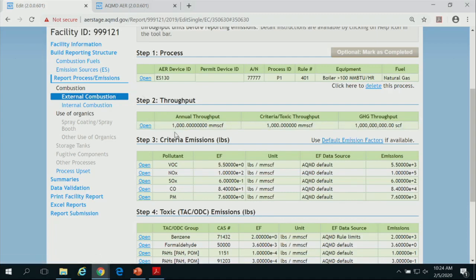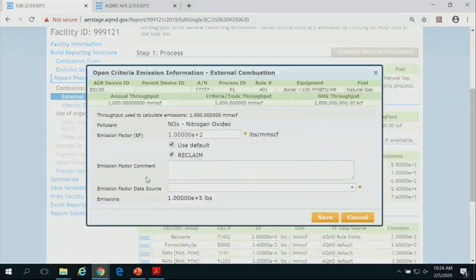This facility is a reclaim. How many reclaim facilities do we have here? One common mistake that we encounter with the reclaim facilities: as you know, you get inspected every year. The inspector looks at all your emission sources and populates the numbers, and that information is shared with us. We compare what you report in your AER with what you reported to that program, and they need to be consistent. But they cannot per se be consistent because there are some different requirements.